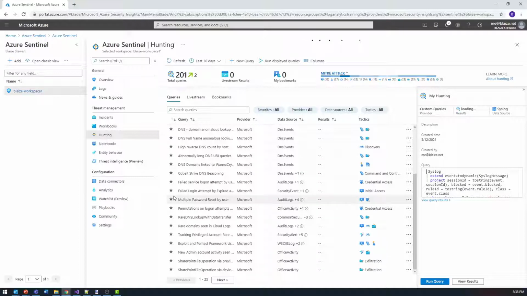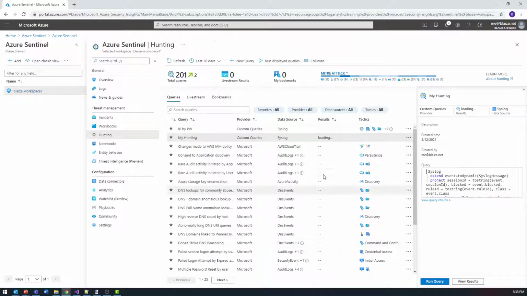So that's what this is good for, and you can use this to expedite some of the kinds of things that you might require, correlating data across multiple data sources. This is going to be able to do that for you more automatically by using some of those mappings that we saw. So again, those are the kinds of things that you can do for threat management. So all in all, this tool does give me a lot of options for doing a lot of different kinds of detections from a lot of different sources, but also a lot of different options for managing threats as they